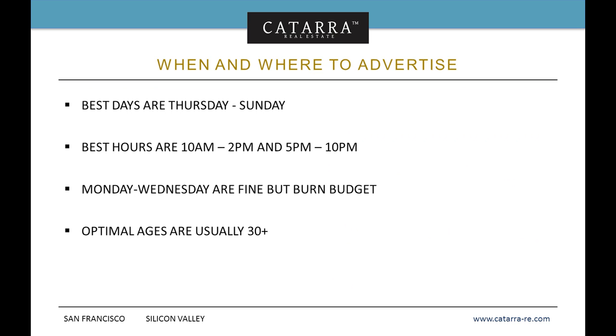The other thing is that the optimal age range is usually 30 and up. That's not to say, again, that you can't get people who are condo buyers or whatever, people who bought a condo when they're younger. But in general, the 30 and up range seems to generate the best results. Targets, again, 8 to 25,000 people. That's the sweet spot. You can go a little higher, 30 to 40,000. You're kind of pushing it when you get into that range. The sweet spot is at 8 to 25.